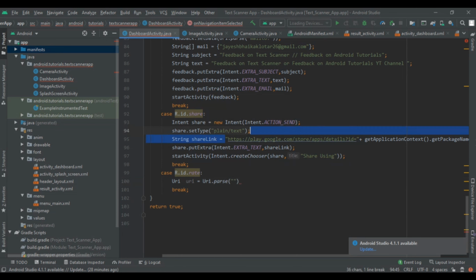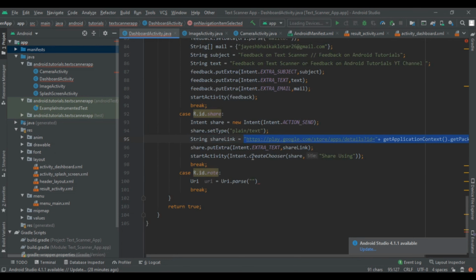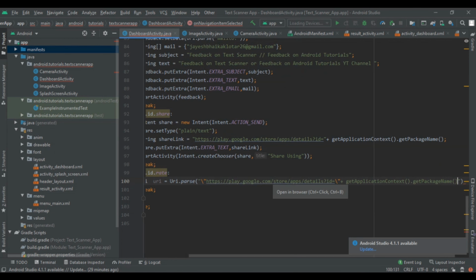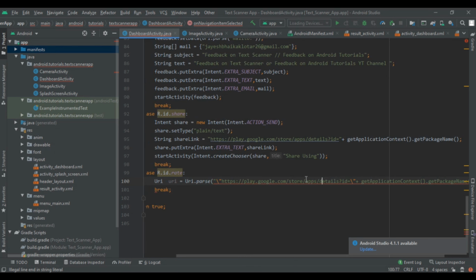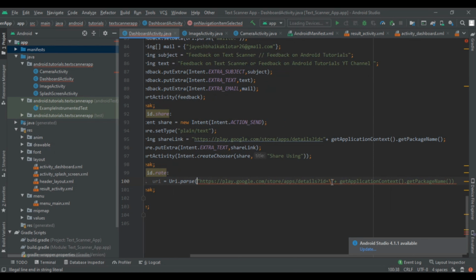So here I am copying this string and write this string here, and then erase this complete code and remove this unnecessary things. So you will resolve the error. So here we have resolved our error, and then close this.